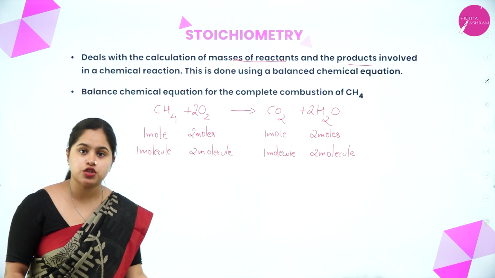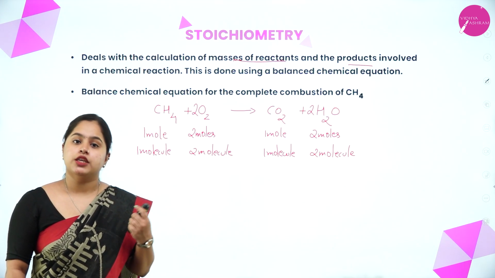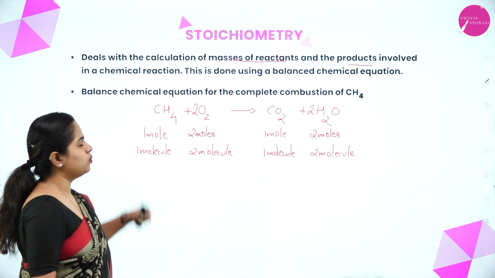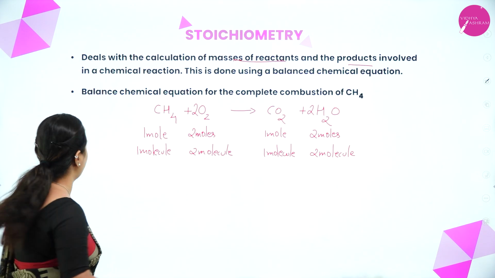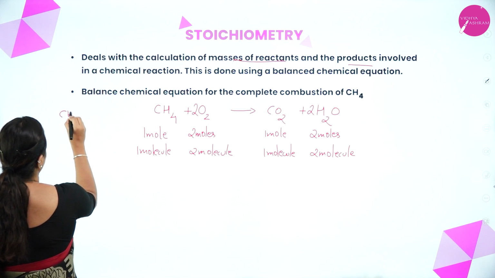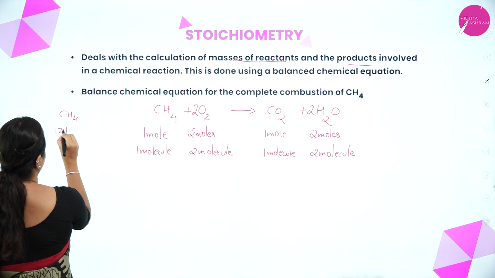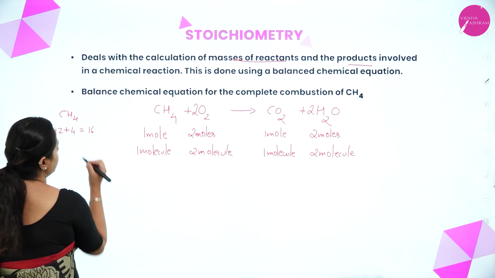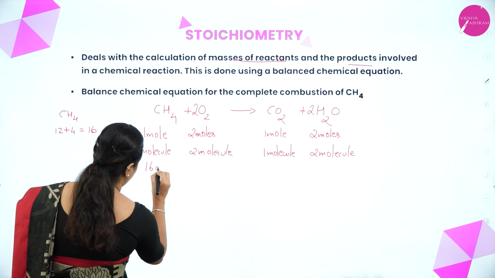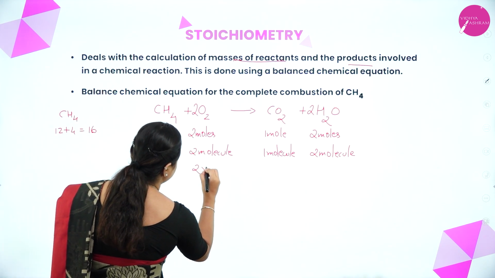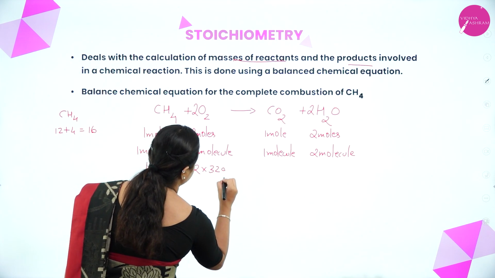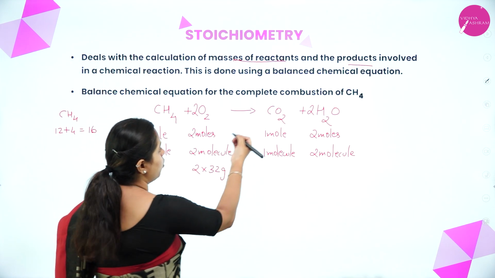Now we can also write it in the form of mass. So how much CH4 is present here? What's the molecular mass of CH4? You know how to calculate it, right? CH4 means 12 plus 4, which gives you 16. 16 grams of CH4 reacts with 2 into 32 grams of oxygen to give,